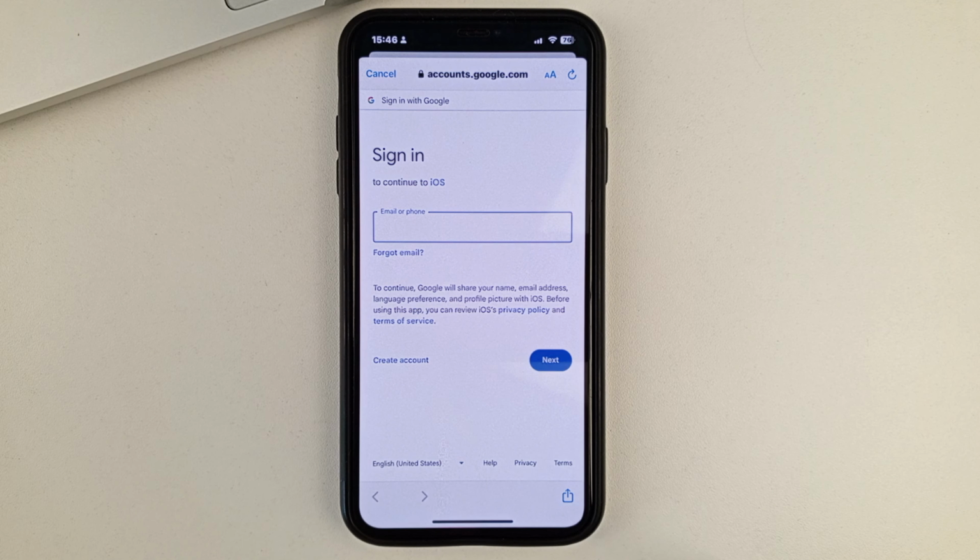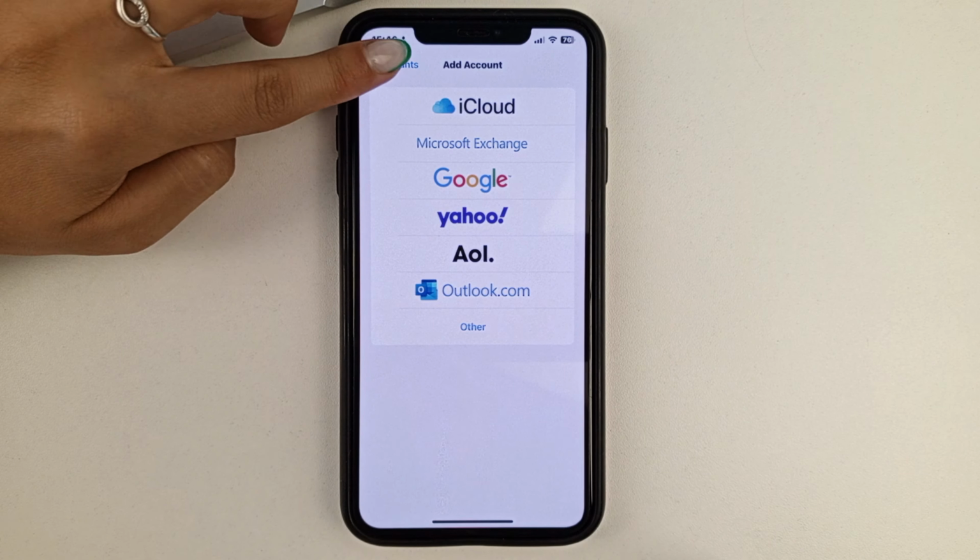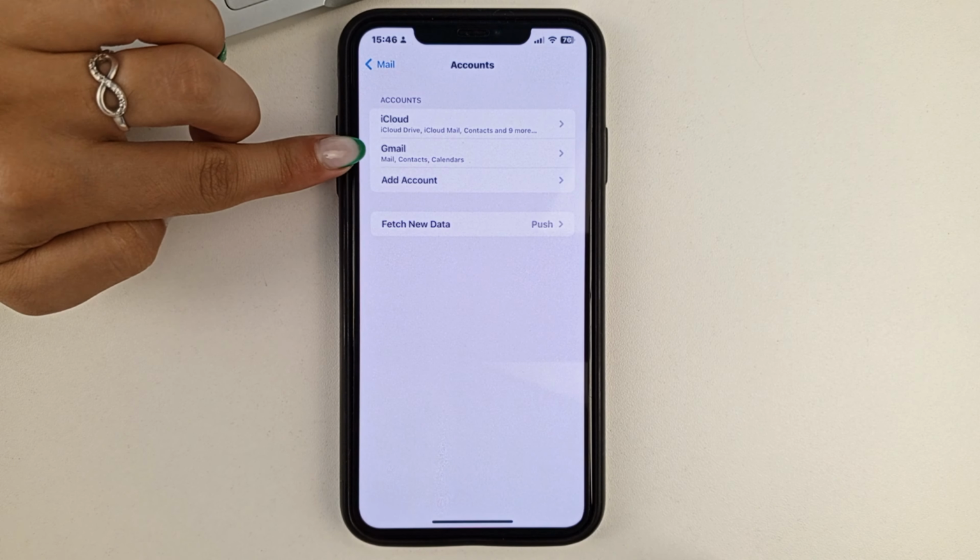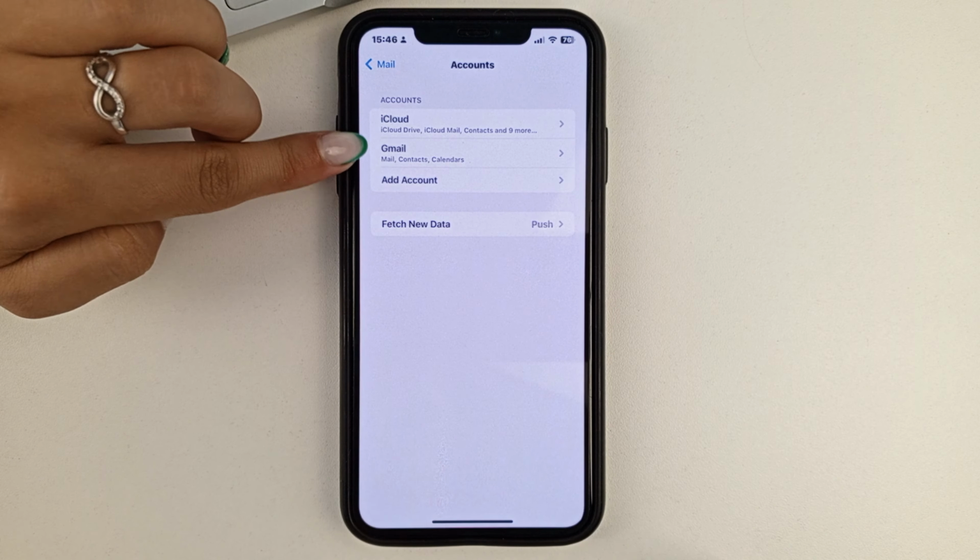And then you need to enter your email or your phone number. Click Next and enter your password for your Gmail account. If you have, say, two-factor authentication or Face ID, or something else, then you'll need, of course, to confirm your identity, and then you'll be immediately logged into your Gmail account. I also recommend that you don't forget, when the account is already added, to go to Gmail from this page, and make sure you have this button next to your email.